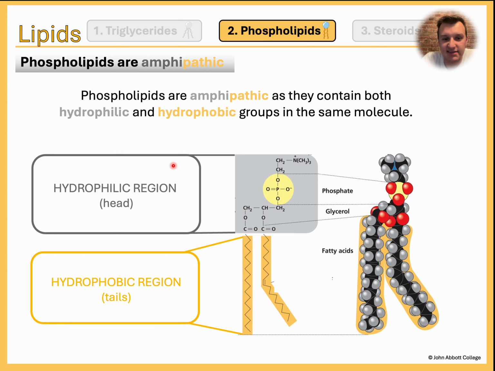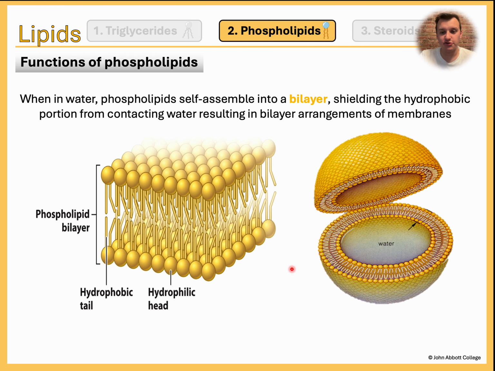So we're going to see over here, this is called amphipathic. We have hydrophobic things, hydrophilic things, and we have things that are a bit of both, right? Philic means to like, phobic means to fear. Phospholipids are amphipathic. Amphi means both, right? Amphipathic means that they have a bit of hydrophilic parts and a bit of hydrophobic parts. So the head here is a hydrophilic region, and the tail here is a hydrophobic region, which is very interesting